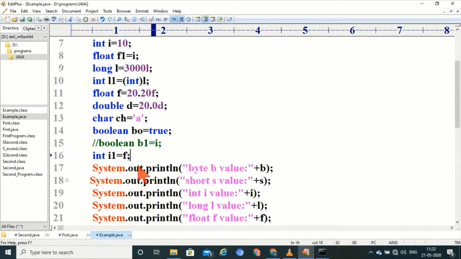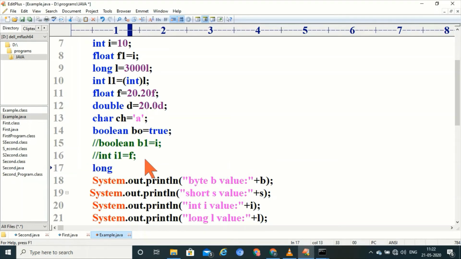For example, I'm taking one variable long L2 equals to float value f1 of type cast long. I am typecasting f1.